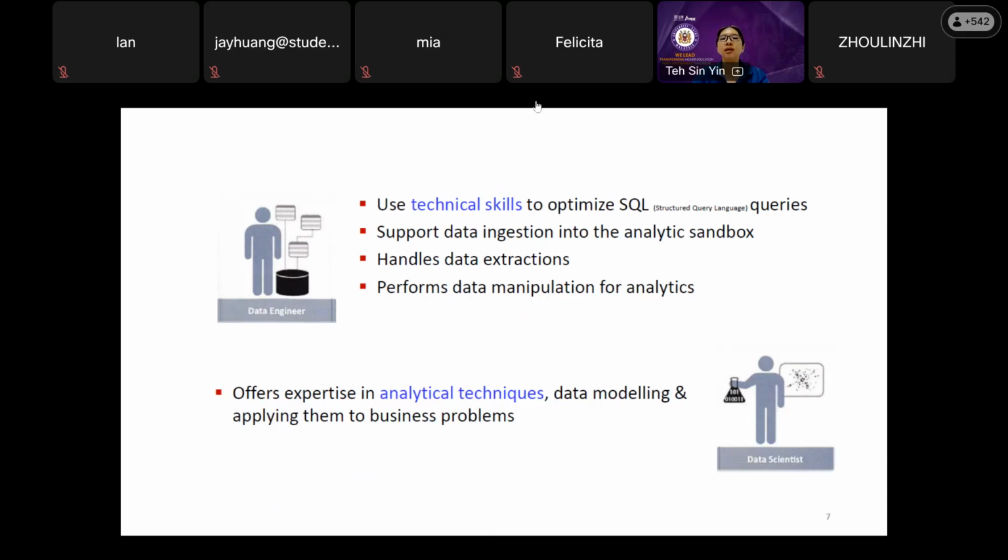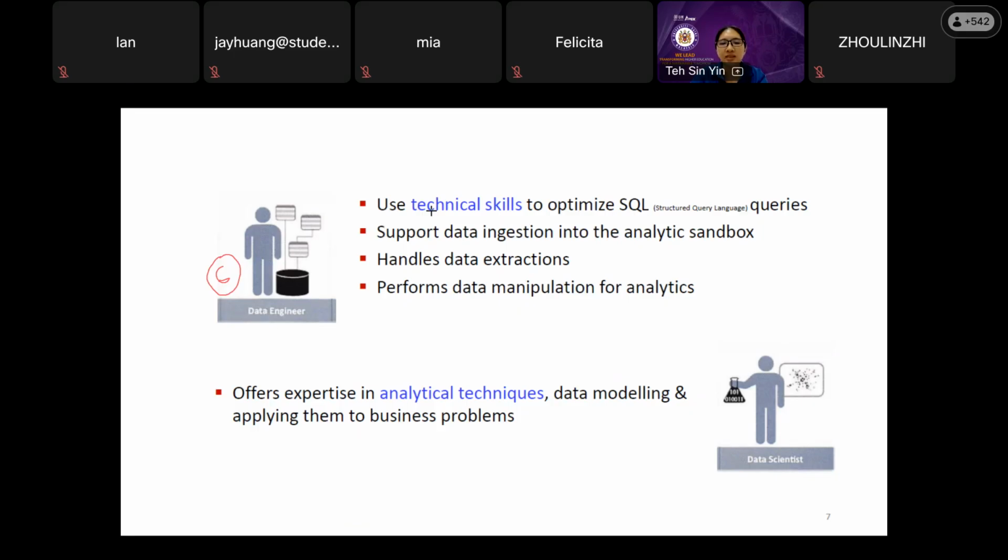Okay, now let's look at number 6, data engineer. Data engineers, most of the time, are from a computer science or IT background. Okay, they are not from management, like business analysts. After you complete your business analytics, most of the time you become a business analyst. You don't become a data engineer unless you yourself sign up for more courses, learn about SQL, and some other things that are related to data engineering. Okay, so use the technical skill.